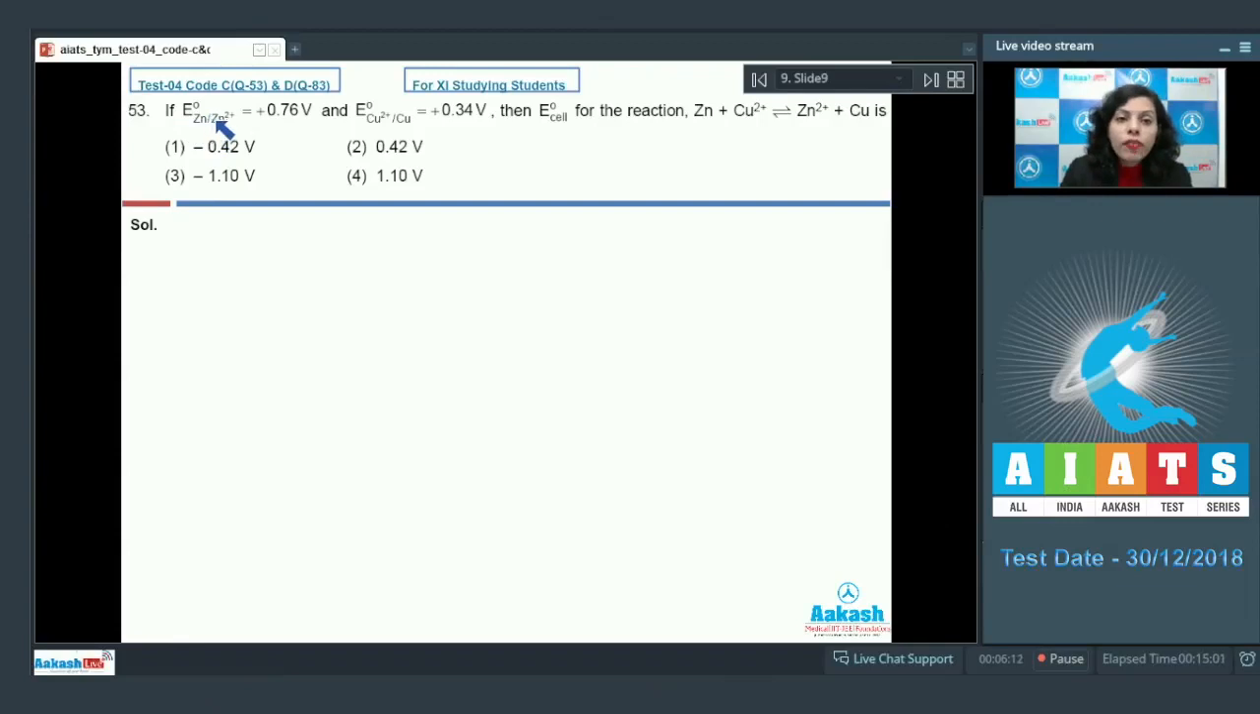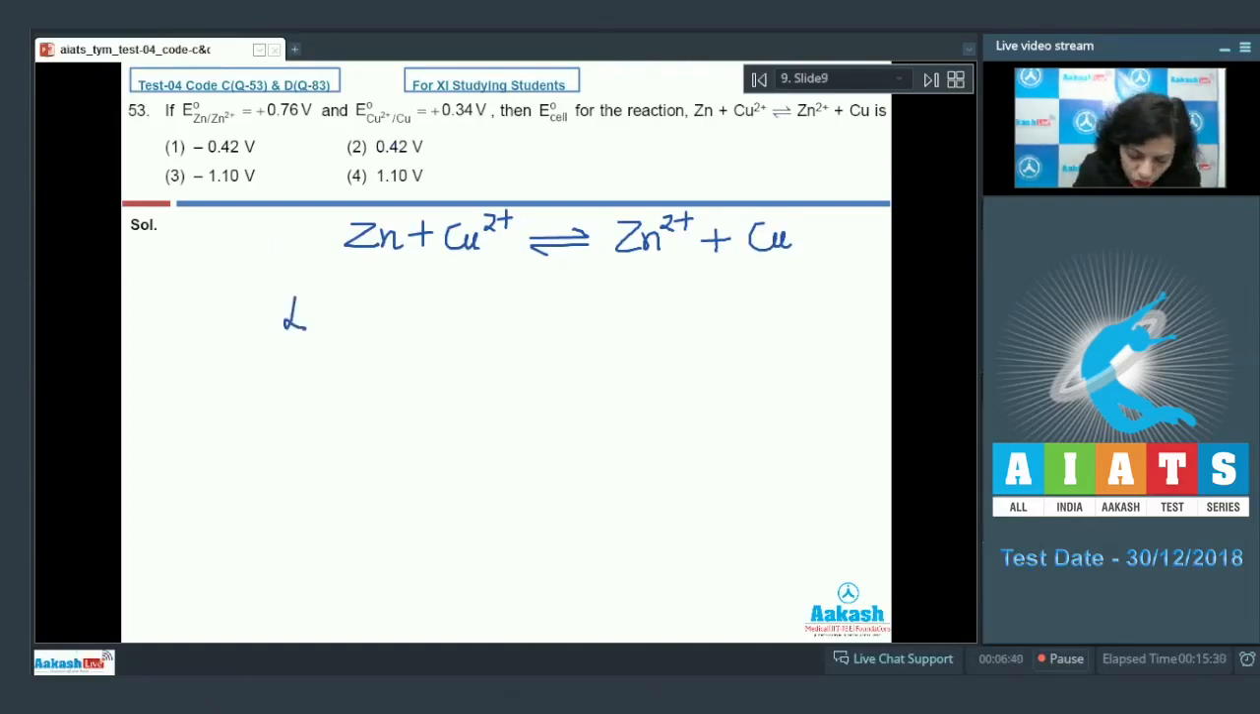If E0 value for the zinc electrode is plus 0.76 volt and the E0 value for the copper electrode is plus 0.34 volt, then find E0 cell for the reaction. The reaction is given here, and in this reaction, zinc is getting oxidized while copper is getting reduced. So in this case, you have to just find out the E0 cell value, that is equal to